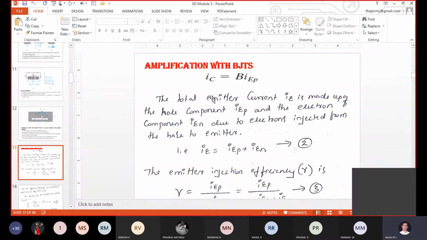You have to choose the very low frequency signal. Correct. I already told, if you are choosing the very high frequency signal, you need to take into consideration junction capacitance and wiring effects, and all that concept you need to include in your discussion. So hence you have to choose the low frequency signal if you are choosing the AC voltage, or if you are choosing the DC, no problem, just forget about the AC conditions.